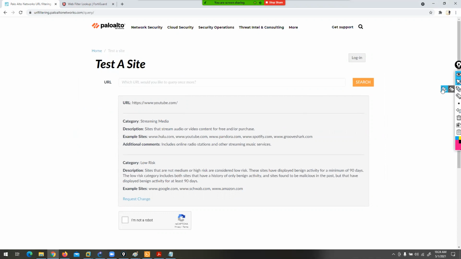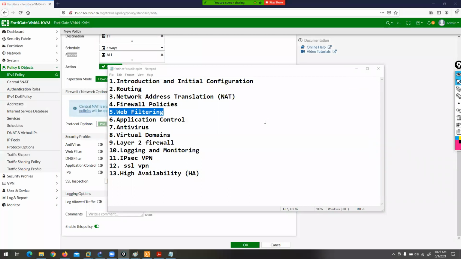See, youtube.com is in the streaming media category. And we have other websites that act as streaming media. You can also verify some information about Genentech Networks. You can search it, and it is in the category of training and tools. So yes, remember, guys, every website has a category.